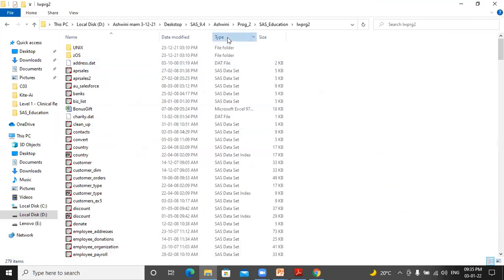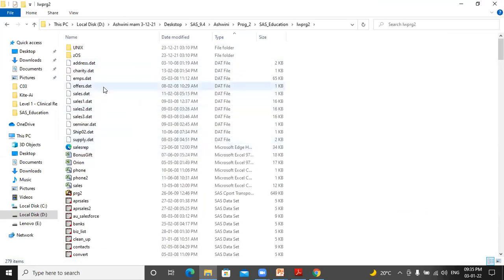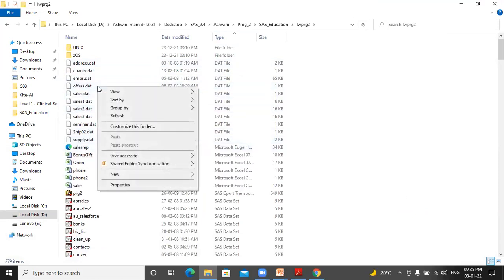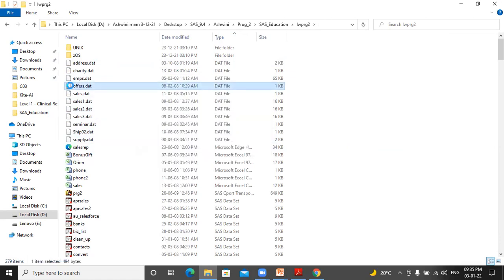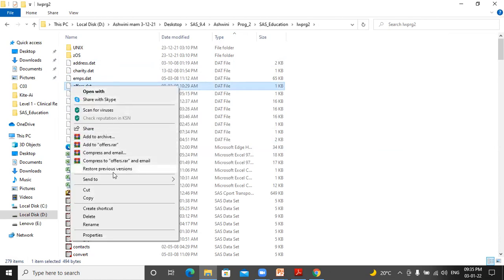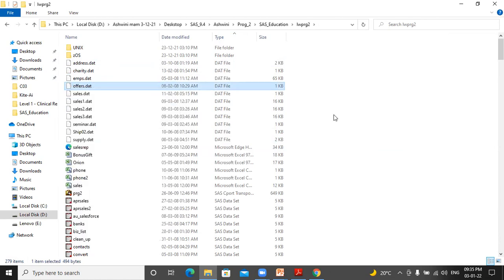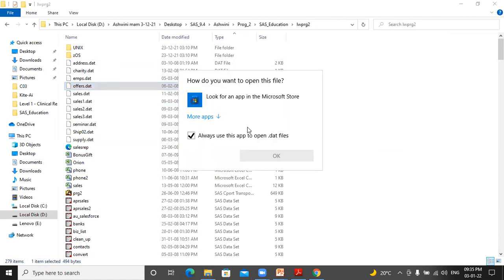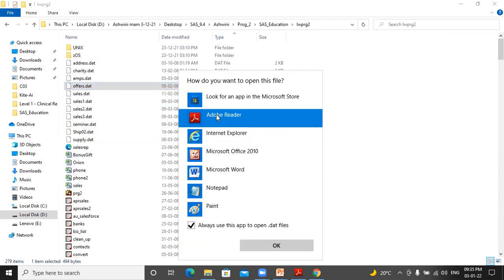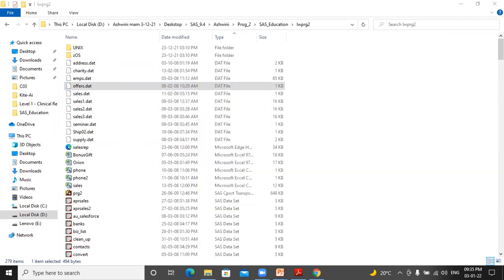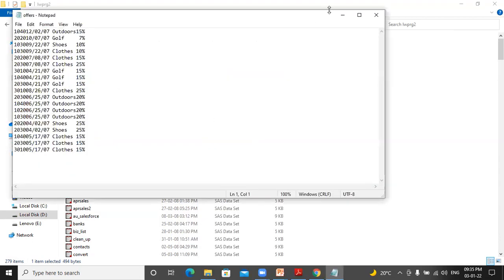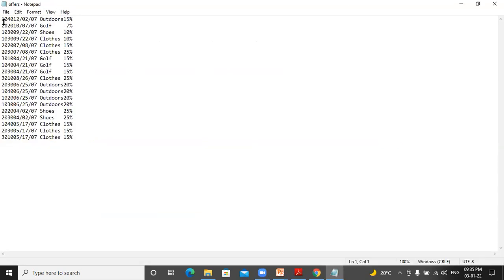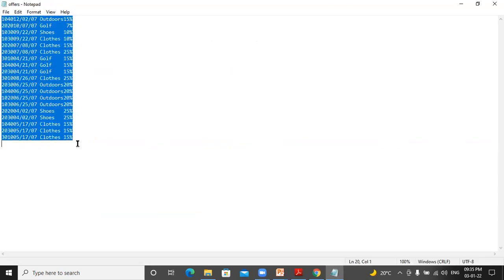So this is the same data. So if I want to see this orders data, I will have to open it. So I'll ask it to open with Notepad. Okay. So see, this is the raw file where we simply have the values.